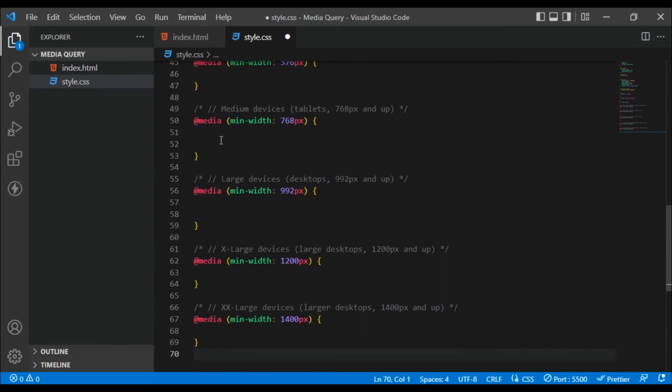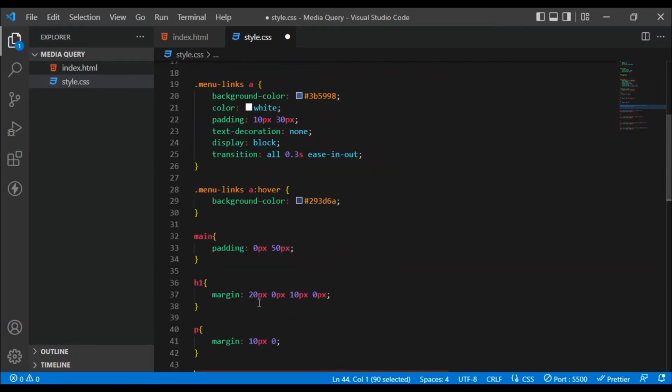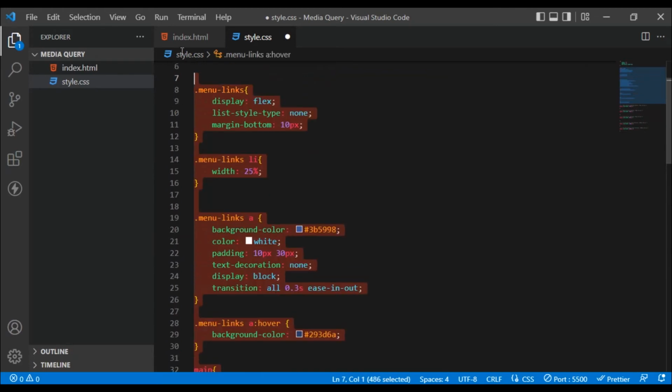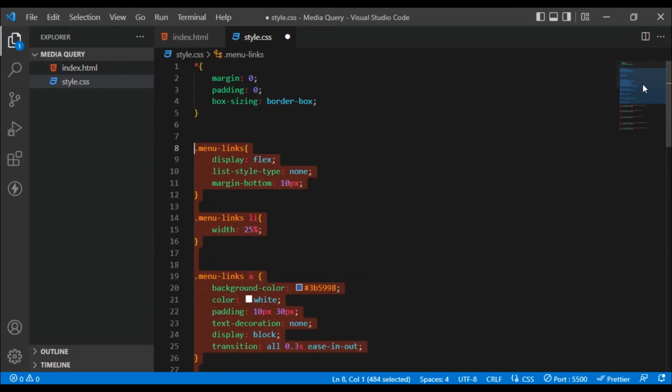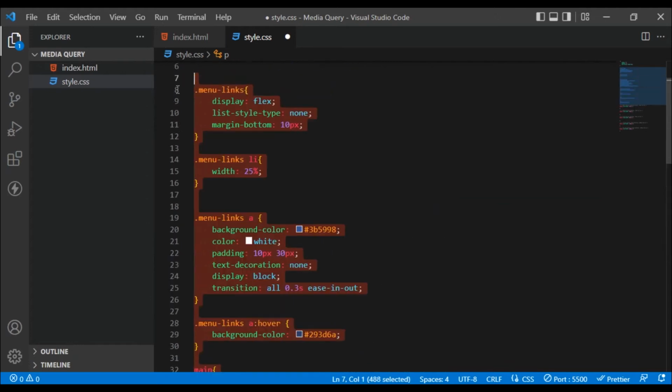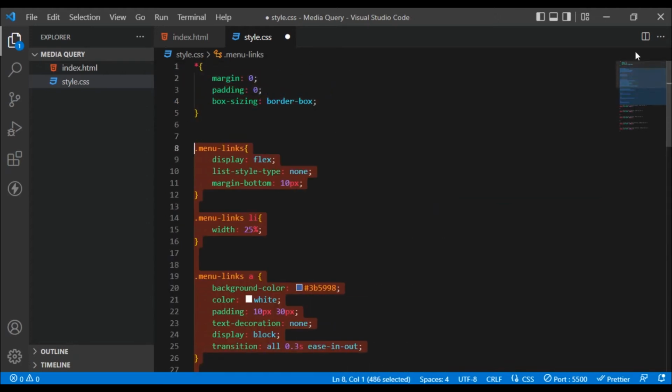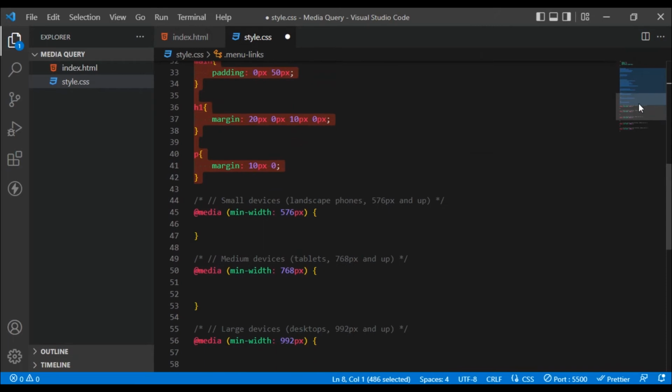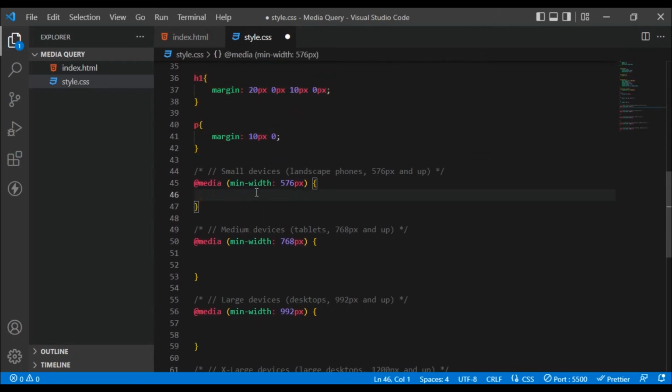Now Bootstrap takes a mobile first approach, and I think most CSS frameworks actually do. Alright, so basically all the styles that are applied right here, they are going to apply throughout all screen sizes, except when you come inside of the media query here and then you change any of the properties. So think of it this way: all of the styles out here apply from 0 pixels min-width, okay, and then when you get to